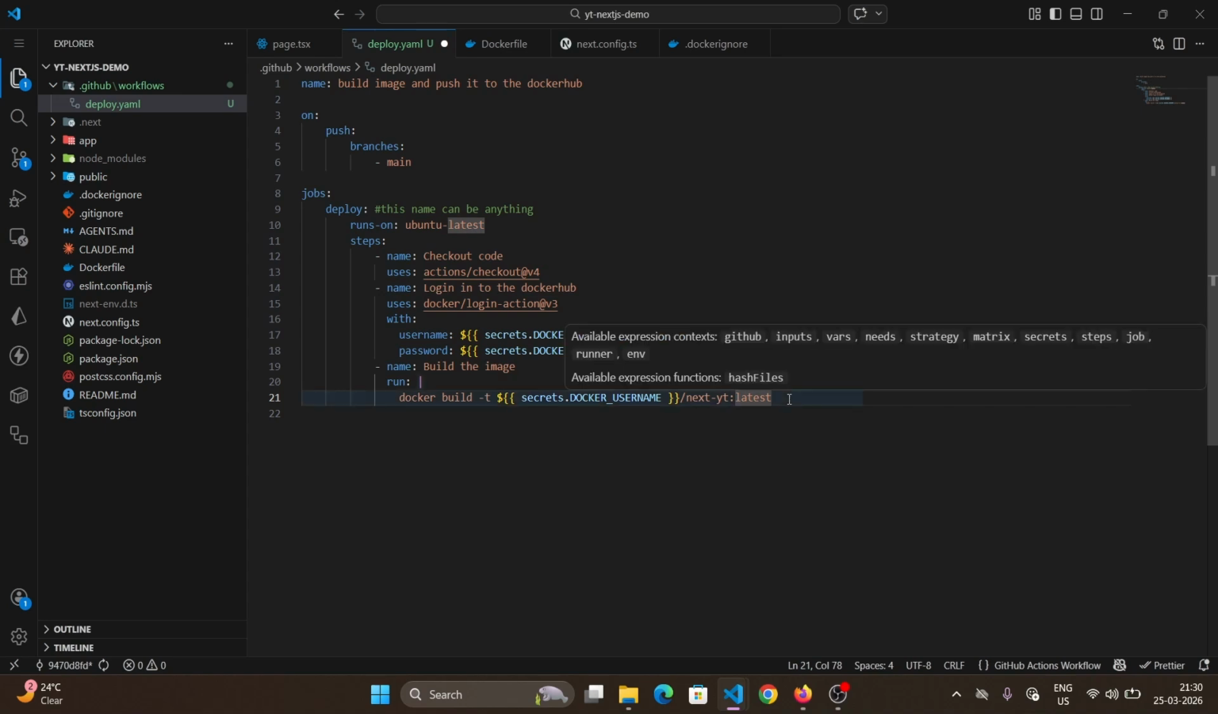What we write here, not dash n. So latest means the recent image. To tag specific versions we can use something like this: docker build dash t secrets dot this